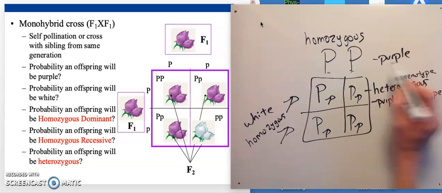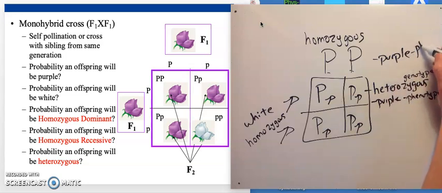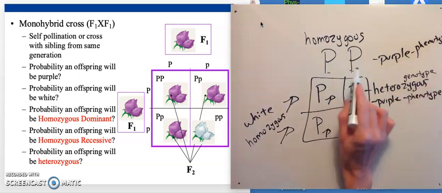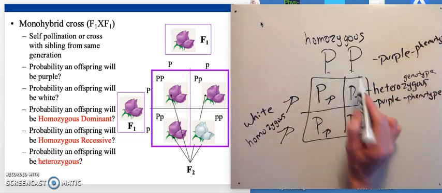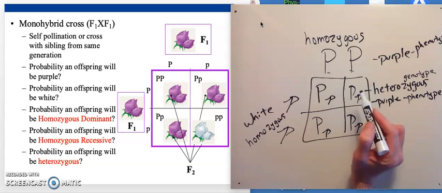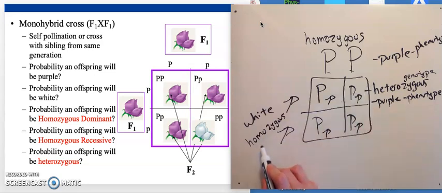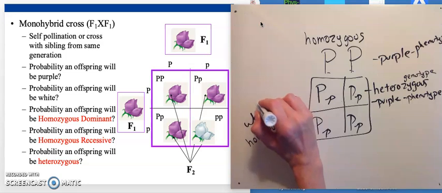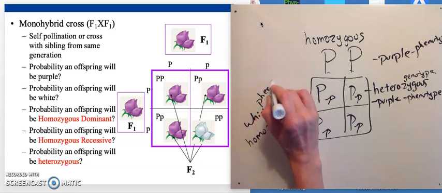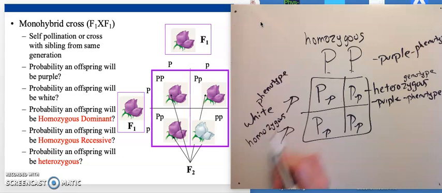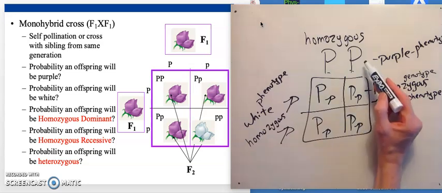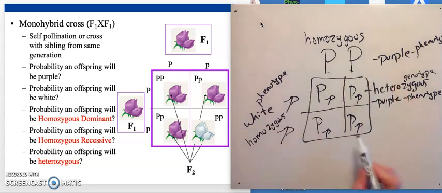Their purple flowered parents have the purple phenotype, but they have two copies of the purple allele, so they have a homozygous genotype. But these guys also have a homozygous genotype. They have a white phenotype, but they have two copies of the white allele, so they have a homozygous genotype. Since these guys have the same phenotype as their parents, even though they have this white allele that's hidden,